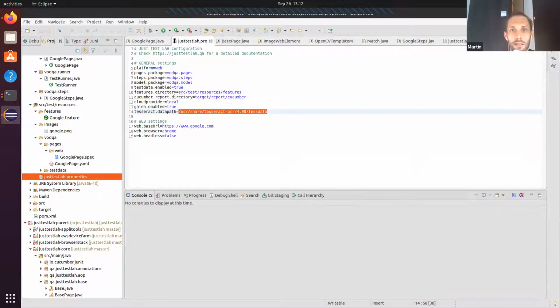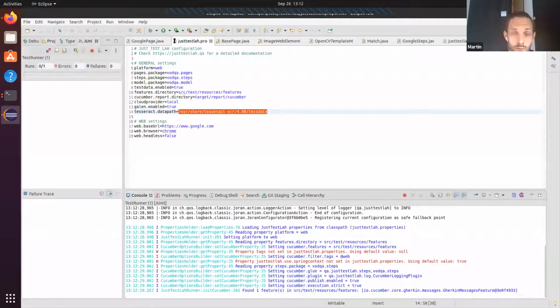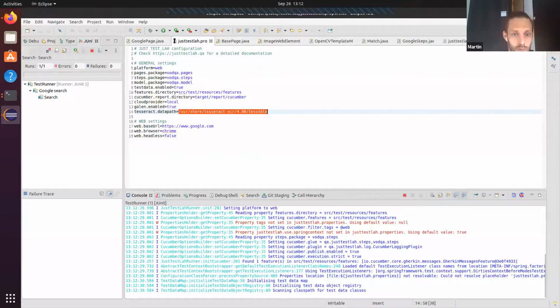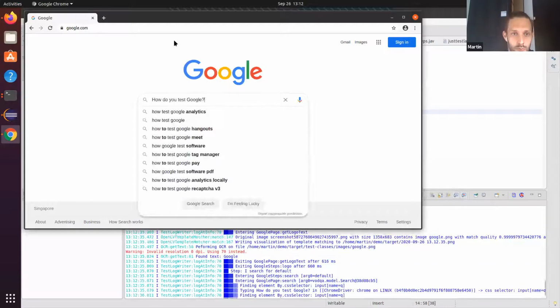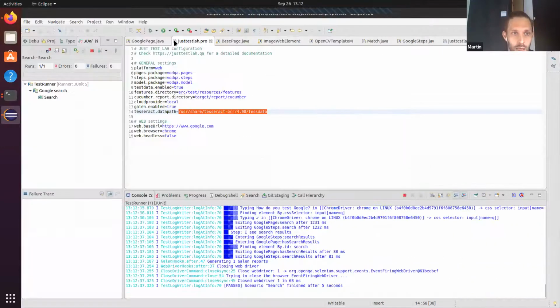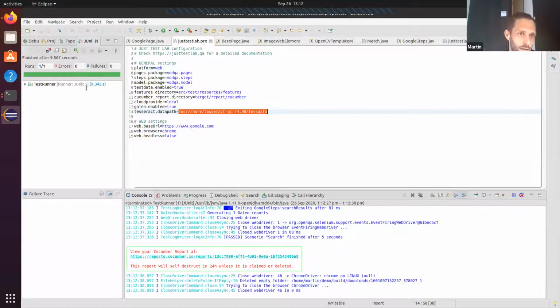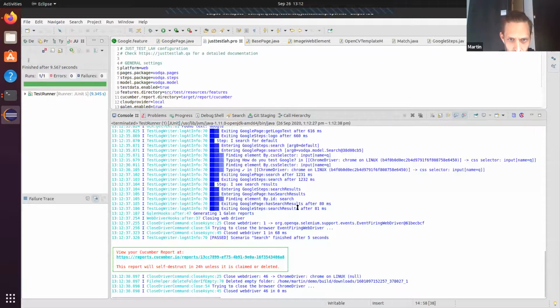And now we run it again. And this time it passes. And as you can see, it still runs pretty fast. And if you check the log file,